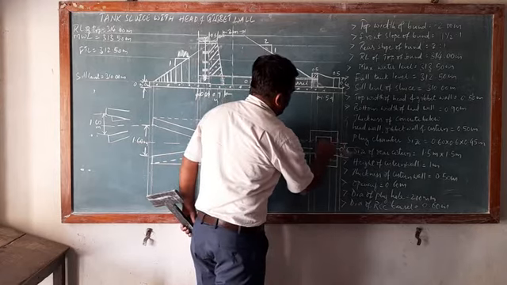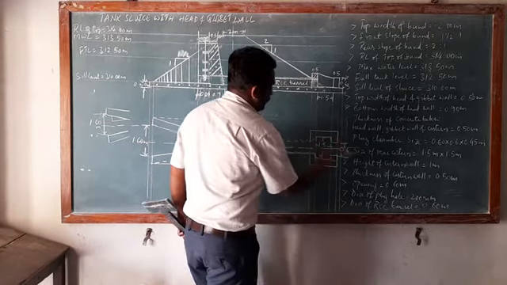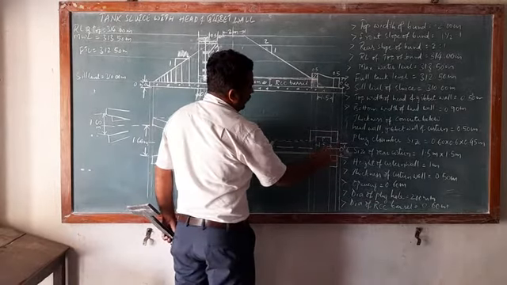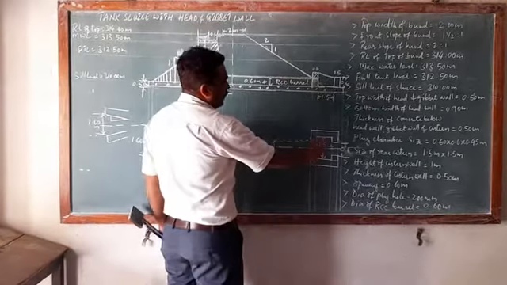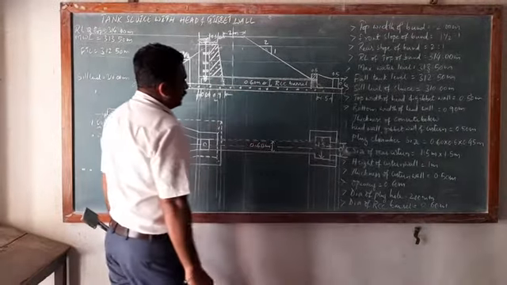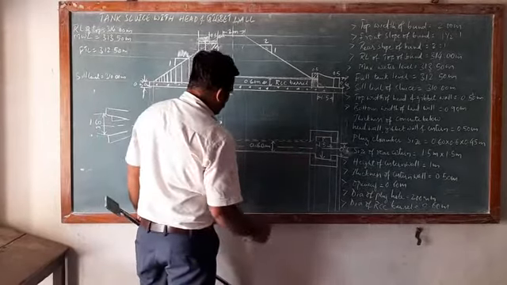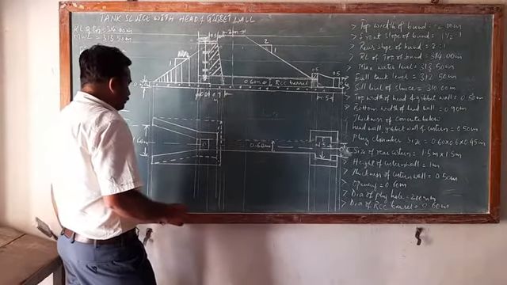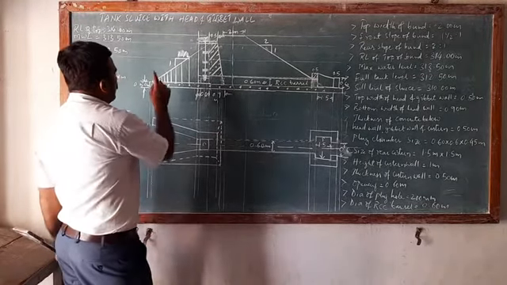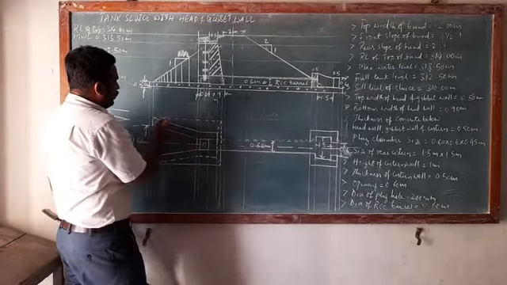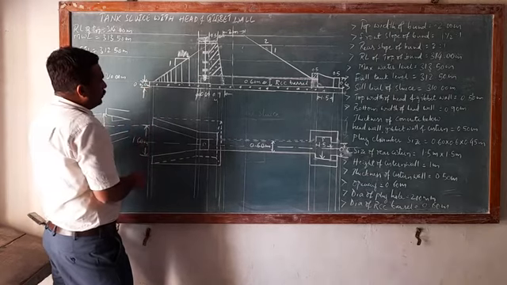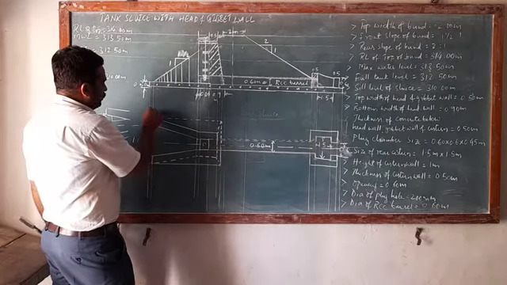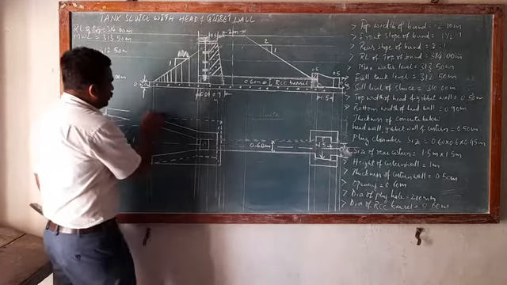This is 1.5 meter in both directions. It shall actually look like a square. Since I have not drawn to the scale, it is just appearing like a rectangle. When you draw to the scale, you will get a box here. So this completes your rear system, 1.5 meter by 1.5 meter. Next we shall show the bed concrete. As we did in the first view, we have taken a projection of 0.3 meter here. The same 0.3 meter projection we need to show here.